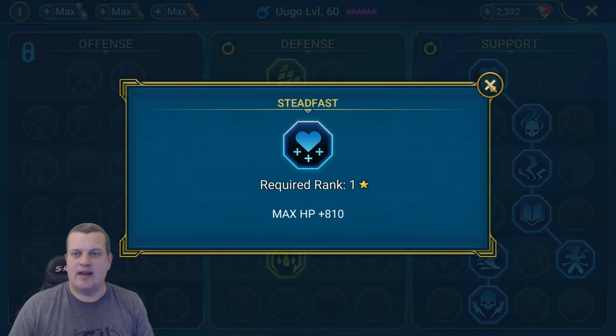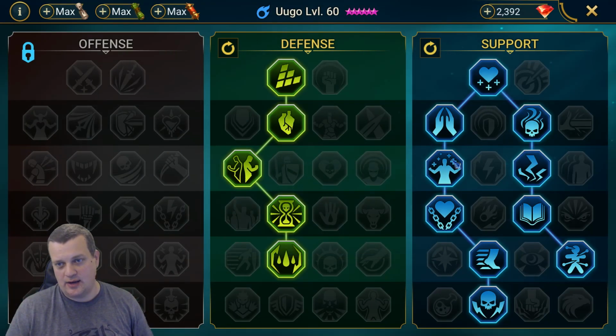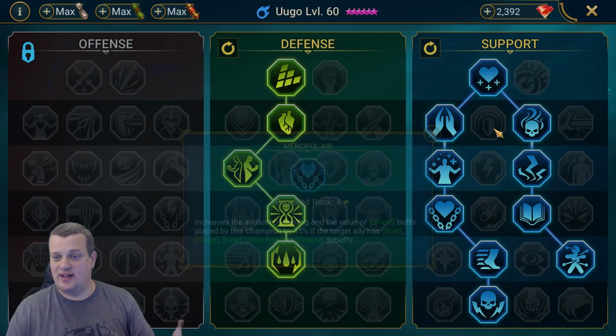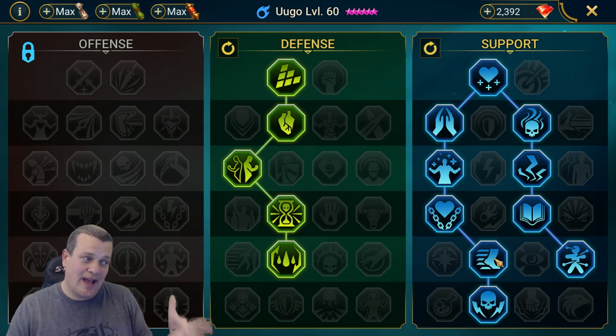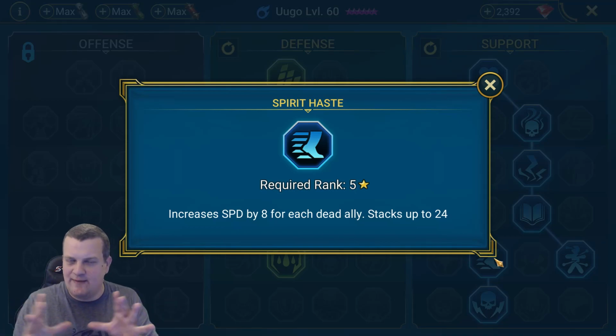So I went and added a little more HP. Then you go down this route to get the extra healing stuff, more extra healing, and then more extra healing if they have stuns, fears, that type of stuff. You don't need lasting gifts because she doesn't actually really place any buffs on anybody. She's a debuffer and a healer, which is pretty unique in that she fits 2 roles